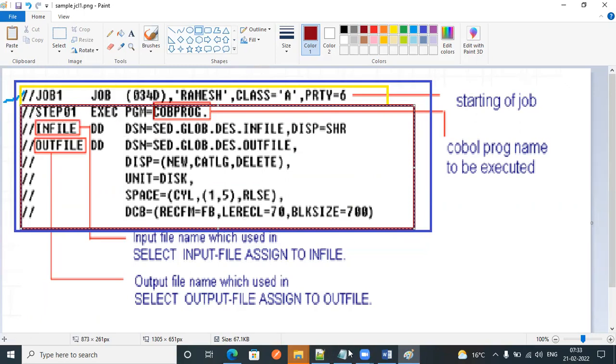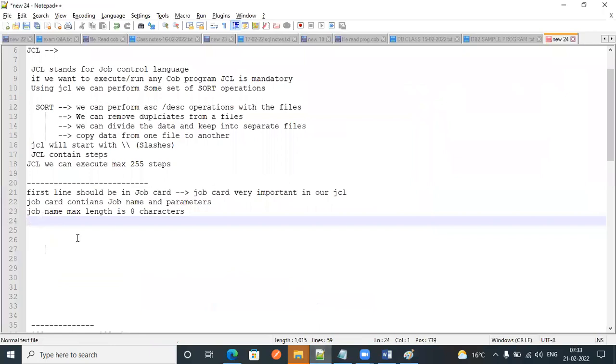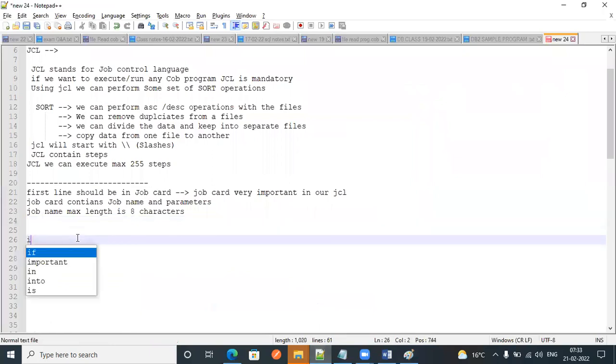Suppose I have 10 programs and we need to execute them.